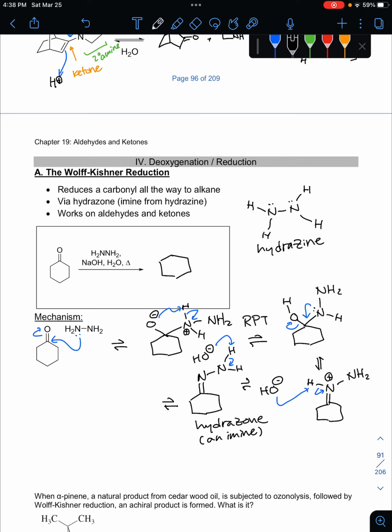So there's a bunch of strong base hydroxide in the mix, so at any given point this could happen. It's not a very favorable acid-base reaction, but as long as it's possible, it happens to some extent. That's why these are all reversible steps. And the reason why I might draw this particular anion intermediate is because if you think about the resonance of this,